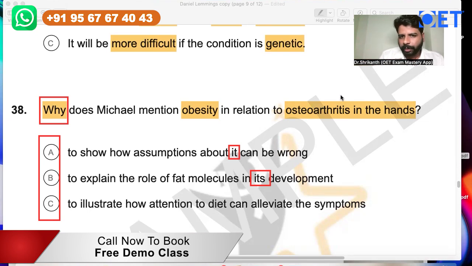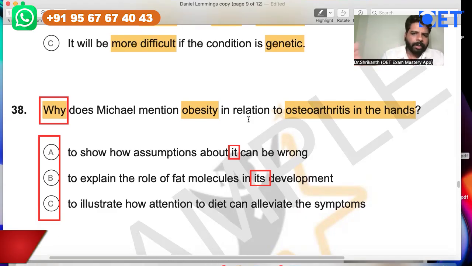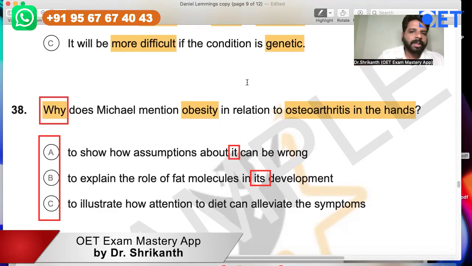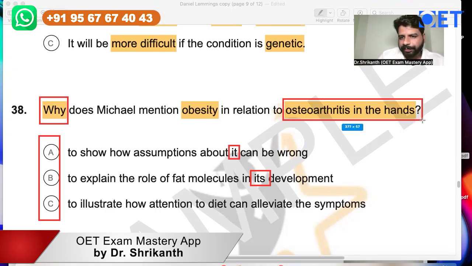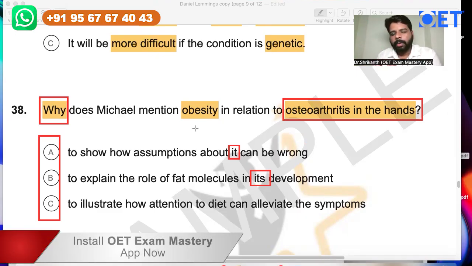It was a very good attempt from your side, and I would say you got it 80 or 85% correct, but a little bit more specificity would have given you 100% marks. So here it is referring to osteoarthritis in the hands, not obesity. Here he is talking only about osteoarthritis of the hands,